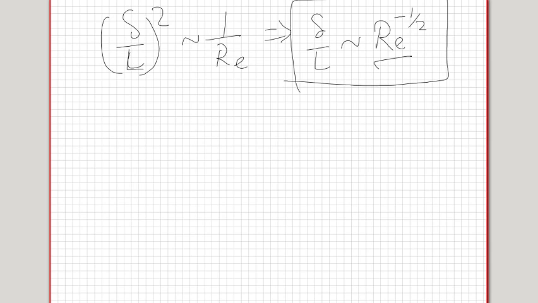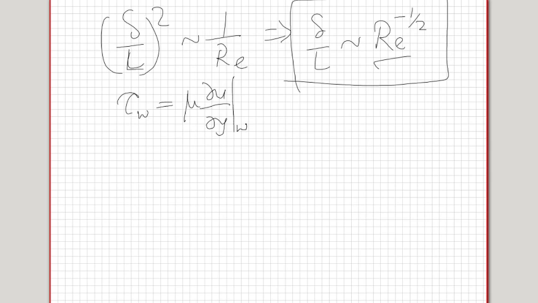That's approximately the thickness of the boundary layer, which is estimated by this. This is the order of magnitude. The exact number will basically be this multiplied by some constant. Okay, so that is a result that we'll have. So this is one result that we have got. Now if I want to write the shear stress tau wall, this is normally defined as mu del u by del y at the wall.